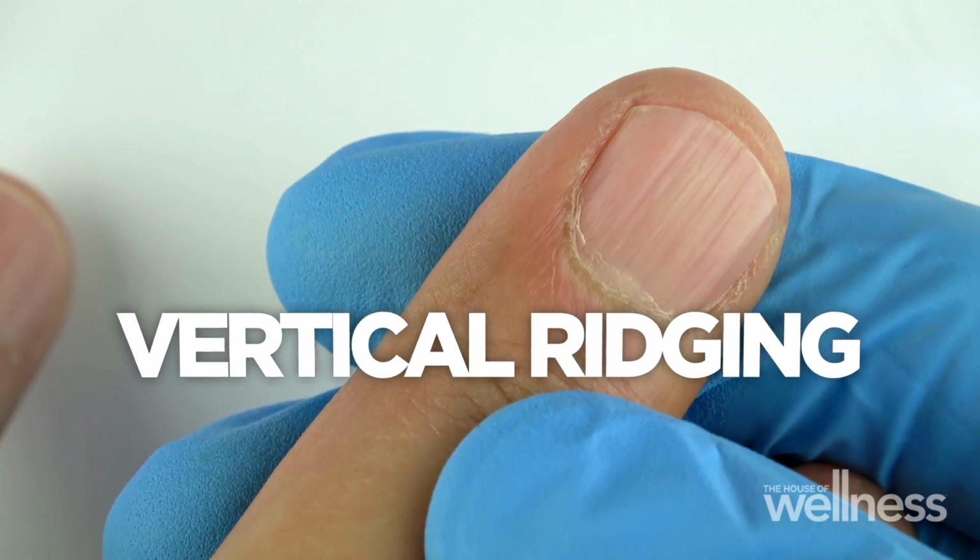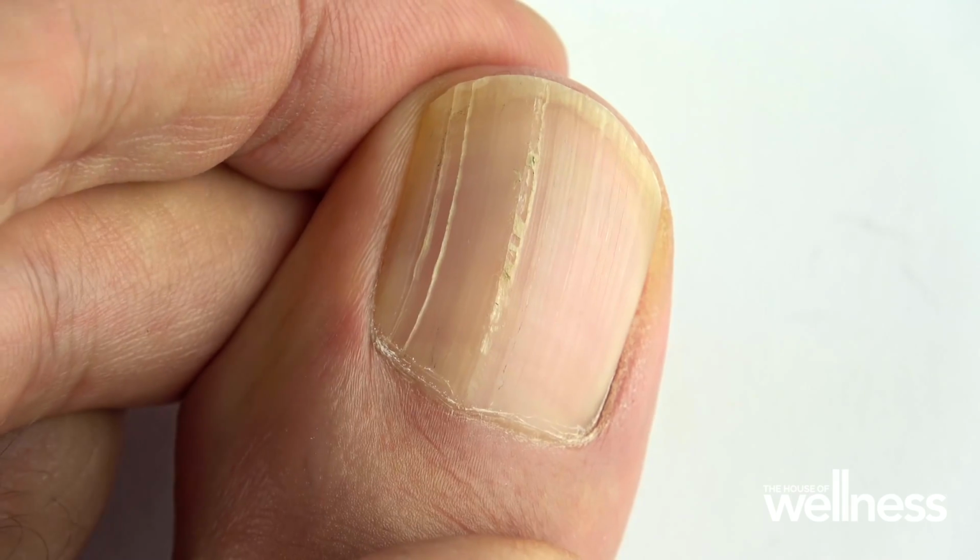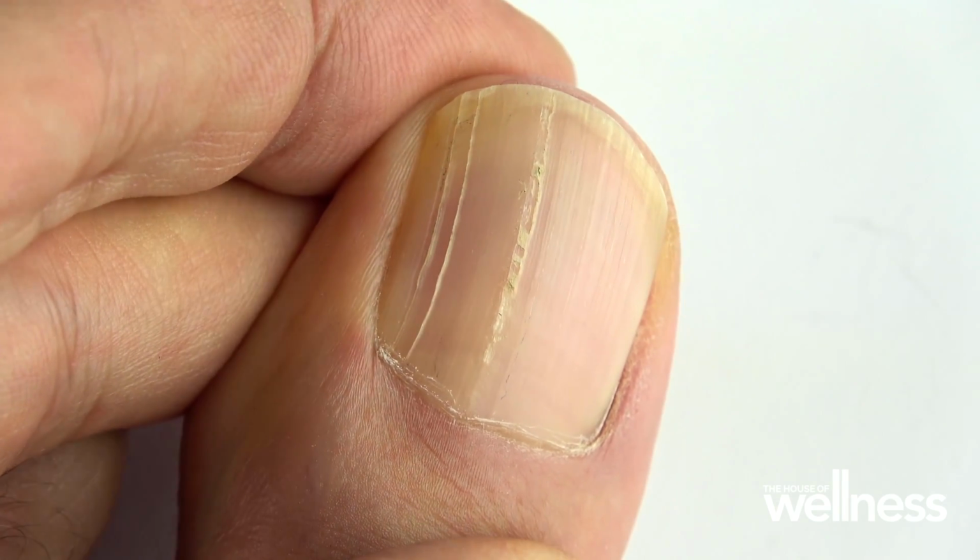Vertical ridging of the nail is actually really common and does happen as we get older. It's very genetically driven and may also relate to nail trauma. So simply hitting our nails over time, or if we have a very hands-on job, we tend to notice that the nail plate can get slightly damaged with time. There's not a whole lot that can be done about it, but the most important thing is it doesn't mean